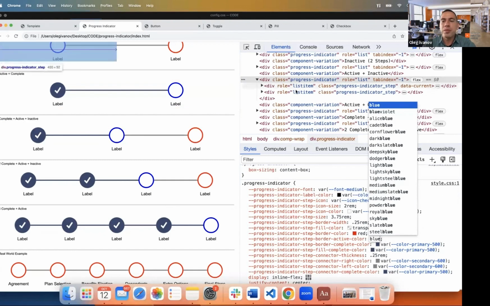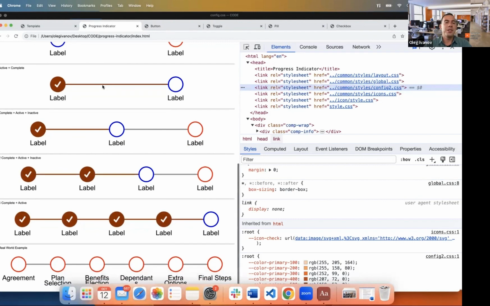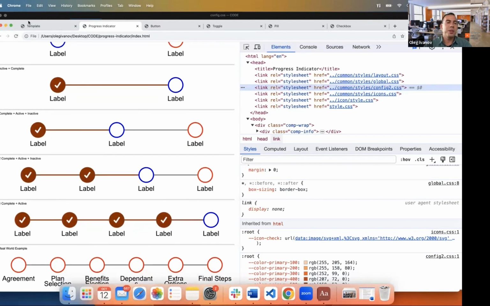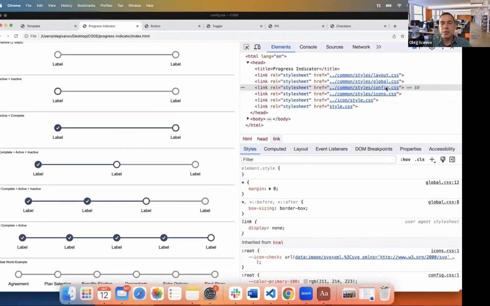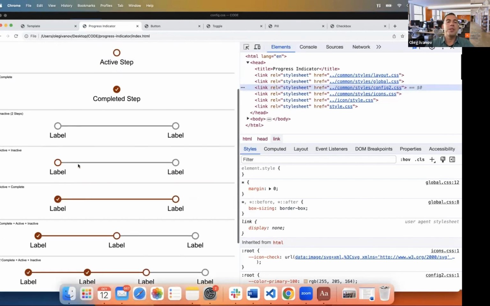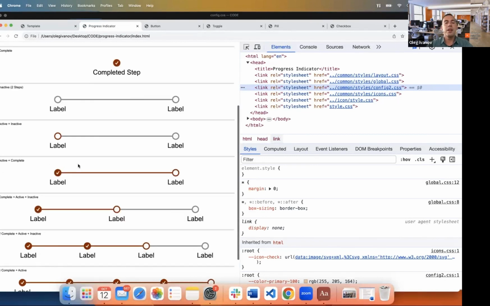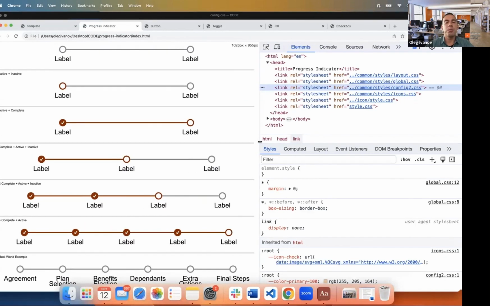And one example of that, here, if I open the head, let's say I'm going to point to a different config file, which I set up earlier. It just has different colors. I'll update it and see, all of a sudden, all the colors updated. So, config 2, right? So it's the same component, but the point here is it happens instantaneously, and it works, and it's scalable, and